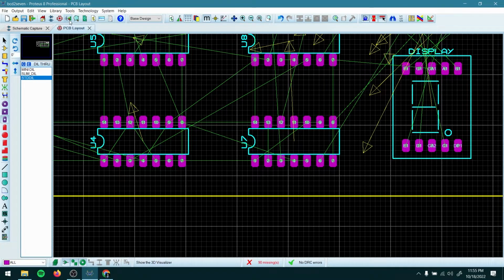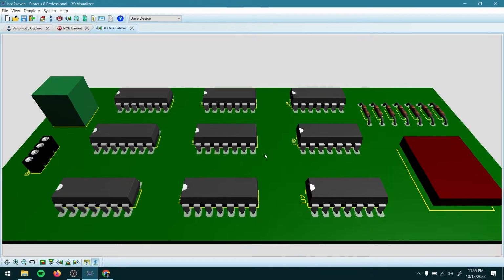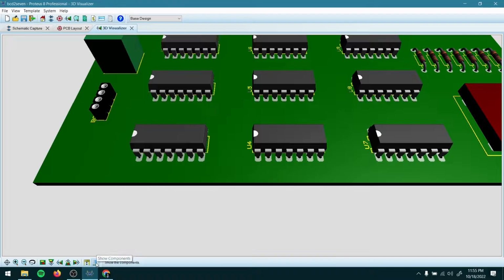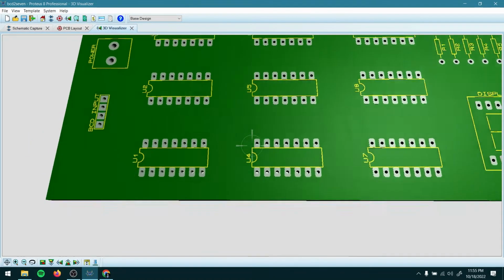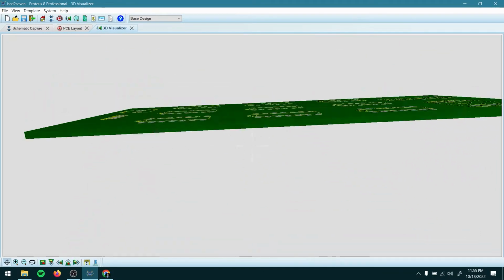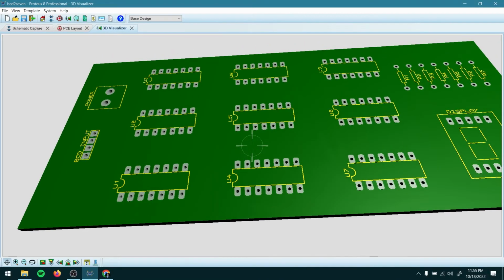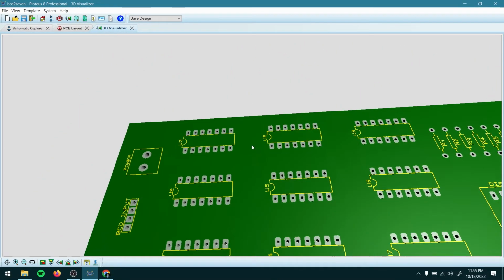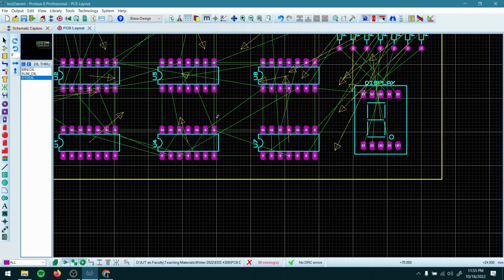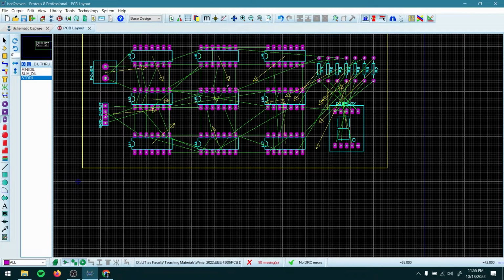Now we can see the 3D visualizer again, and you will see it's looking much better now. Let's press here to show the components or remove them. So you see, we can see the whole board without the components also, and the pads are looking much bigger. So let's close that. Now we can move on to connecting all the wires, that means placing the traces,